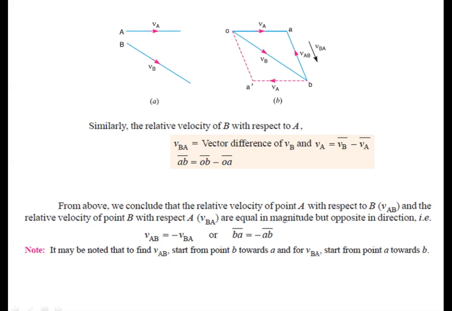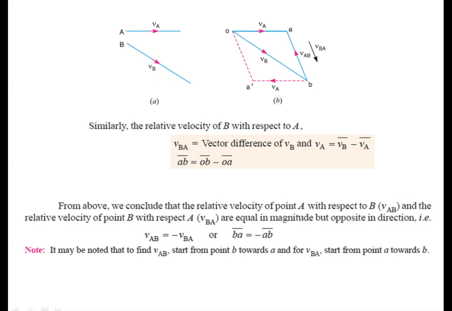What will be the resultant when you take two lines and join the other two lines? It becomes a triangle, completing the entire loop in the form of a triangle. That resultant is nothing but VAB. If you want to find the final resultant VAB, you have already drawn O to A and O to B, so the resultant will be from A to B, or B to A. That will be VAB.